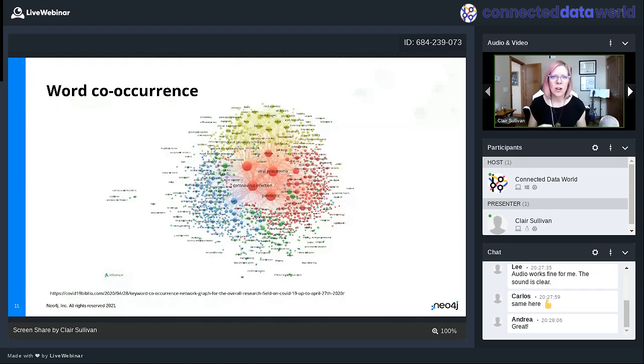We see fever, clinical laboratory techniques. So this is actually looking at the manifestation of the virus in people. So we have a few things going on here. We have the closeness of these nodes indicating how often they co-occur. We have the color of the nodes indicating how they cluster. And we have the size of the nodes indicating how often they occur within our corpus of documents.